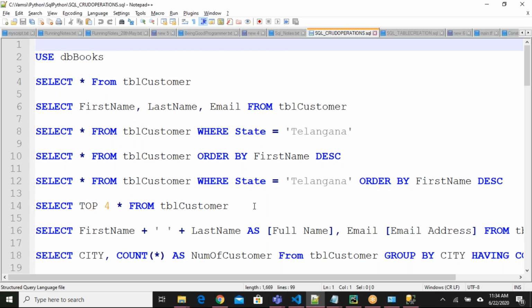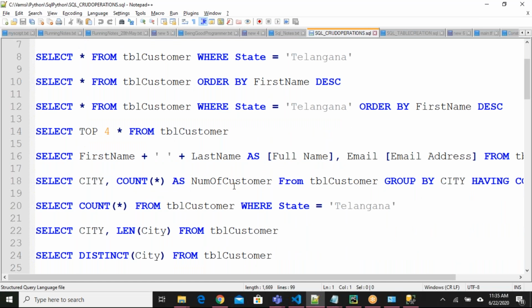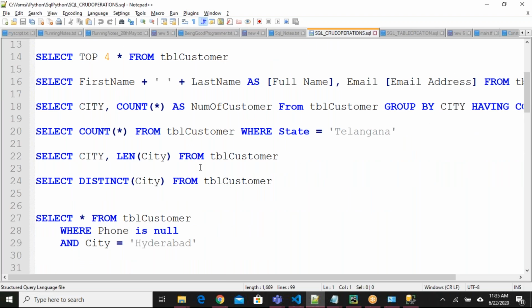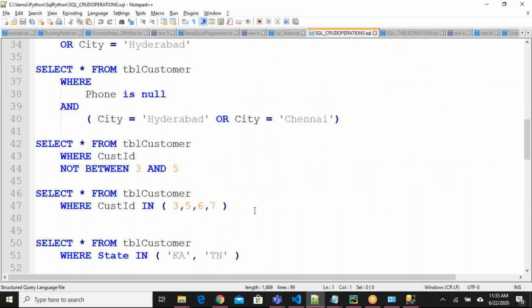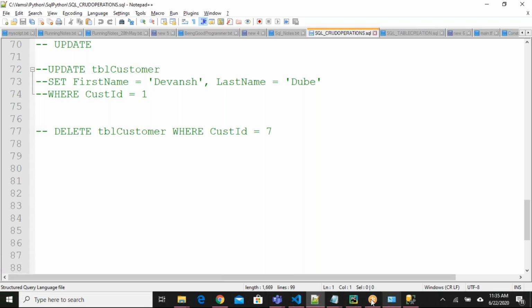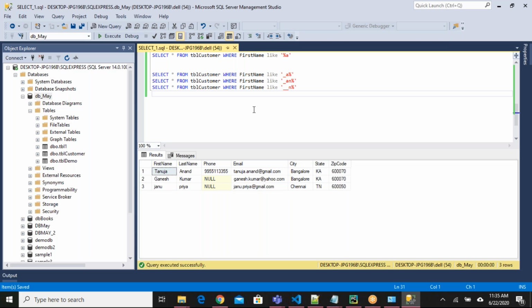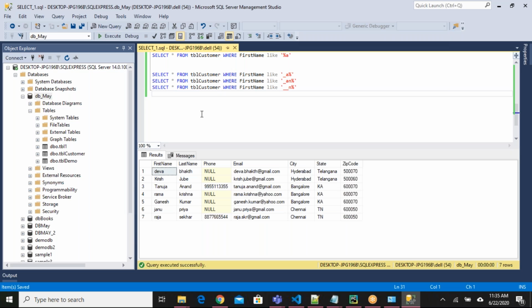Okay, the where condition we discussed, order by we haven't discussed. Let us see about order by. This is my table data. Here I want to get the data based on the last name, in ascending or descending order.